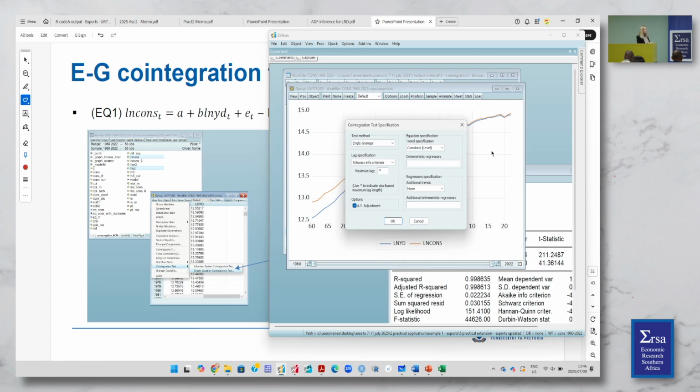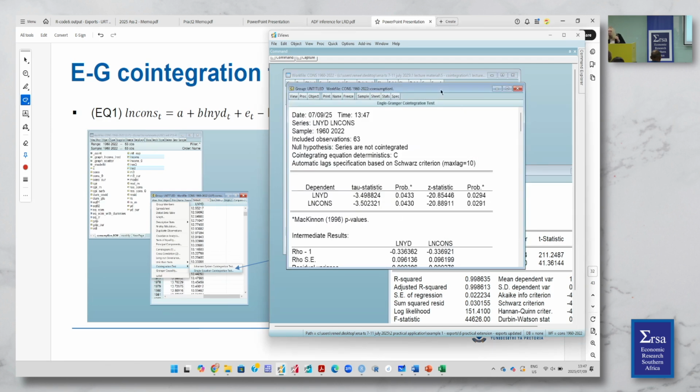So this constant here refers to the constant in the underlying relationship, if that contains a constant. It's not a constant in the test regression of the unit root test. But typically we don't have to worry over that, because we will almost in all cases have a constant in our regression. And then if we click OK,